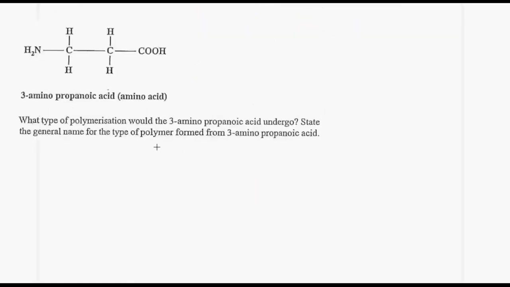In this next question, we have an amino acid. We have 3 amino propanoic acid. In an amino acid, we always have 1 acid group and we have an amine group present in the same molecule. Now the question asks, what type of polymerization would 3 amino propanoic acid undergo? Now we are not seeing a double bond present here, so therefore it has to be a condensation polymerization. And the question asks, so the first part, type of polymerization, so it is condensation,